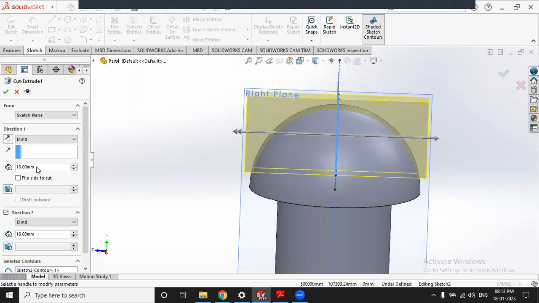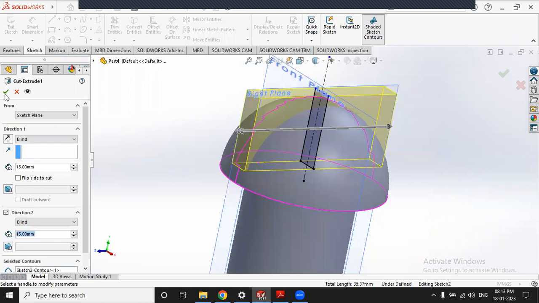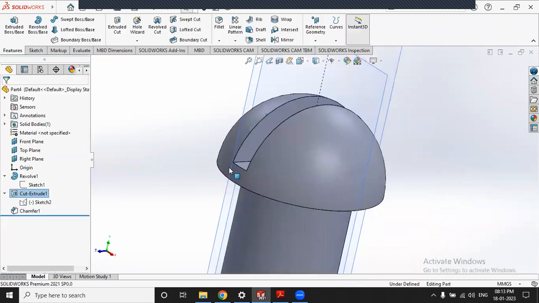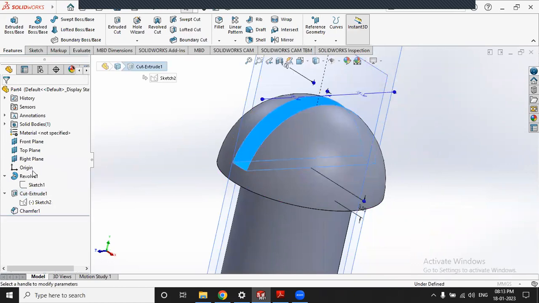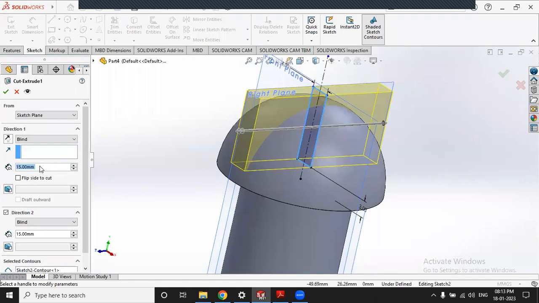So that's why I mention 16 here. If you want to assign 15, if you mention 15 and click OK, then you will get the same result. But if I reduce the distance and mention 10 here and 10 here,